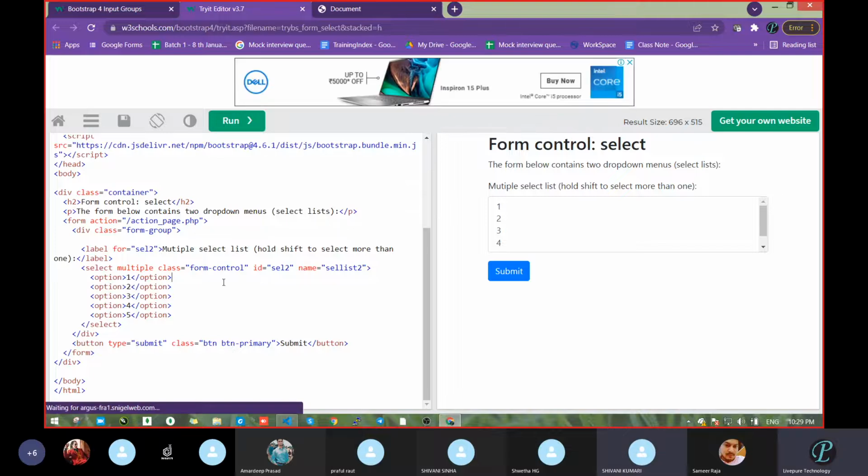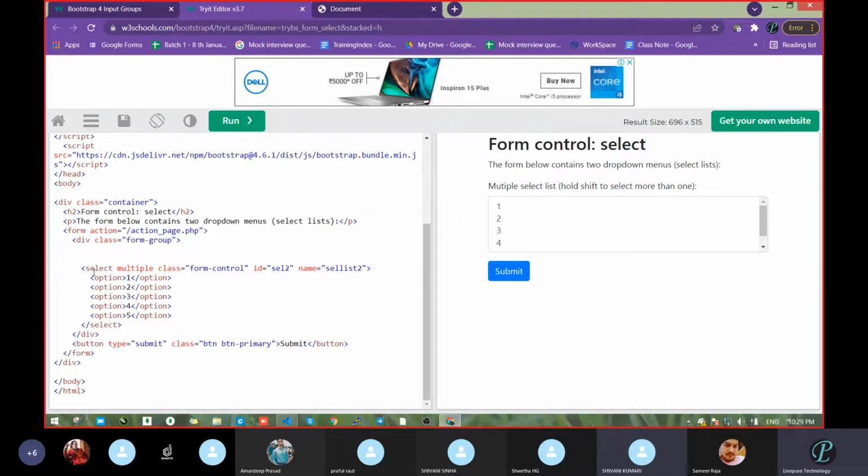So see, in this case, remove this label, not required. See what we had done here: we had passed one property, like multiple, like disabled. Here we just passed multiple. What are you thinking, is this multiple HTML, Bootstrap, or CSS? Which part is this one? I think this is of HTML. Yeah, HTML, because we just passed it normally.